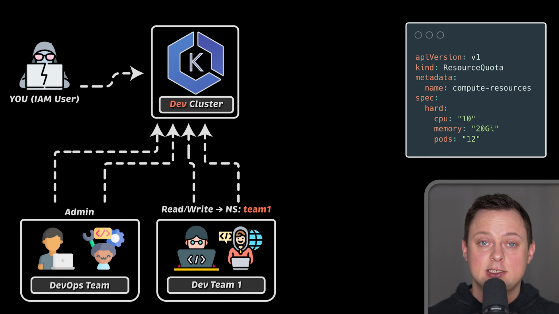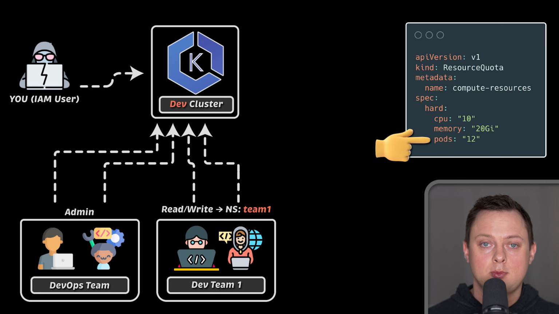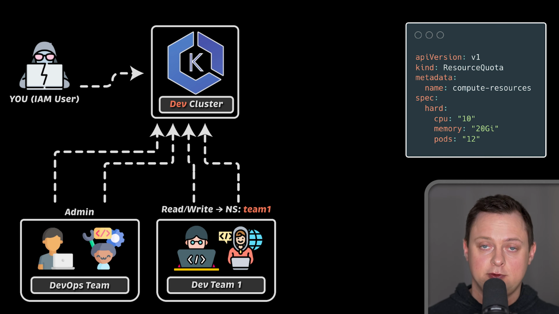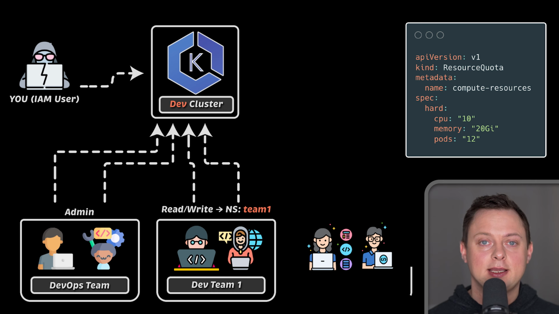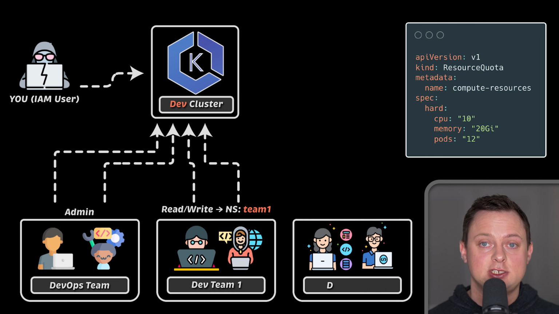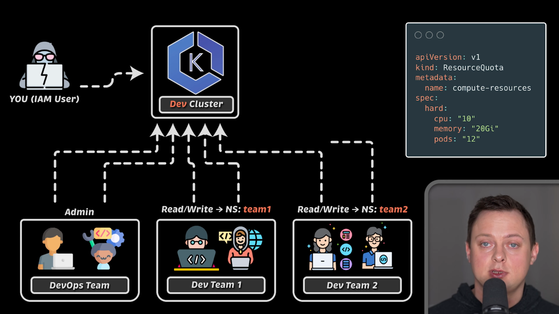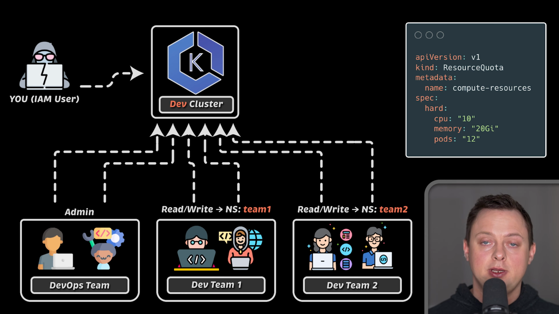You could create a namespace resource quota. For example, this team can only use 10 CPU and 20 GB of memory and create a maximum of 12 pods. You create quotas to avoid any interference between teams. One team could use all the EKS resources, and if the other team tries to deploy, sometimes pods will be in pending state, and you can be sure that they will blame you for the EKS cluster being broken. You could also have another development team, let's say team 2, that needs read and write access